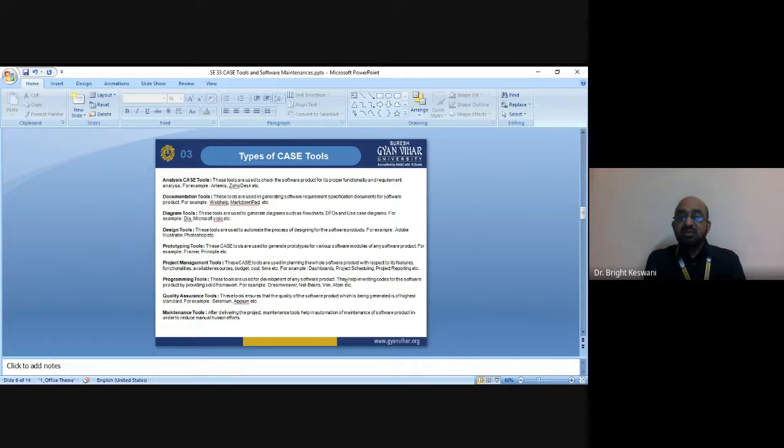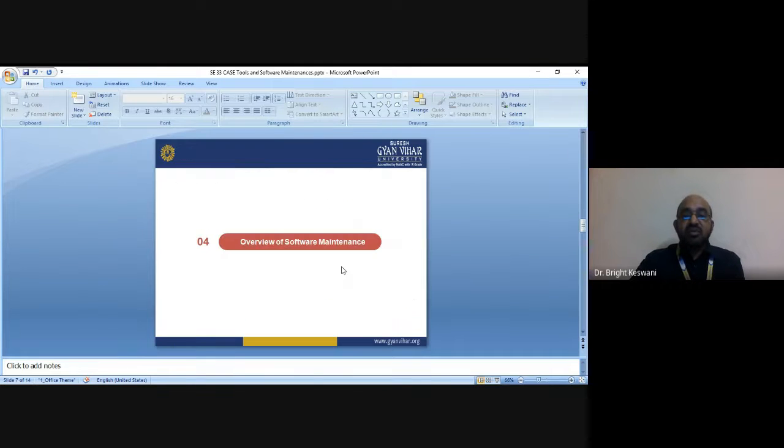Selenium is the tool which ensures the quality of the software project. Some maintenance tools are also there. After delivering the project, maintenance tools help in automation of maintenance of software product in order to reduce manual human efforts. So you can see here a huge list of types of case tools.